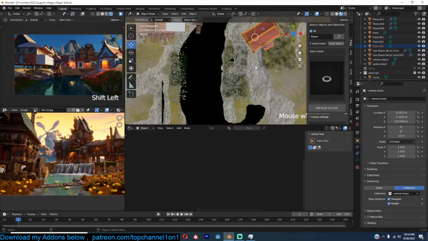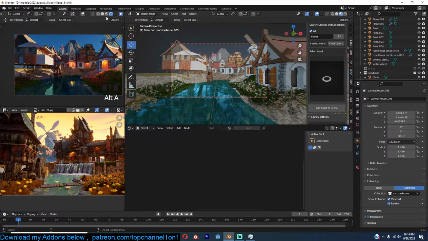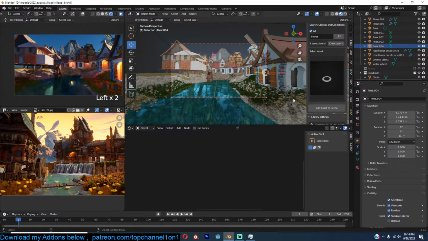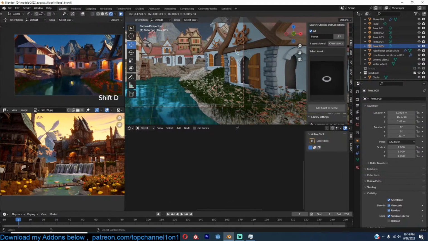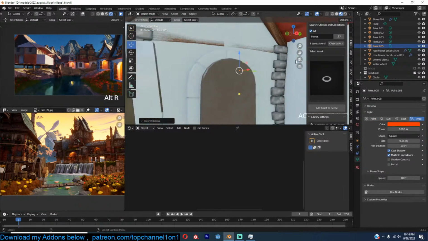Let me duplicate this house so that it can light up this area. And actually, let me use an area light here, because I want